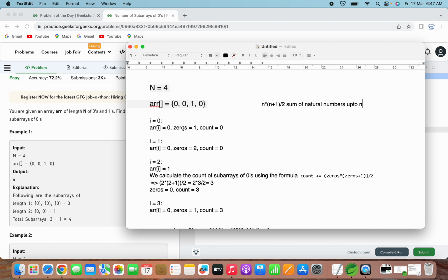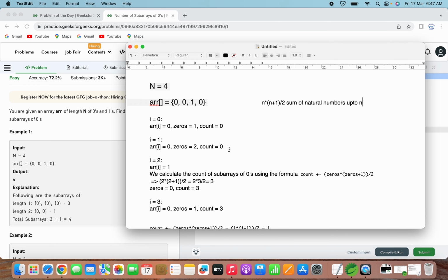Initially both zeros and count had the value 0, so after this increment the value became 1. For the next iteration, when i becomes 1, array of i is still 0, so again we increment the zeros variable by 1, and count is still 0.